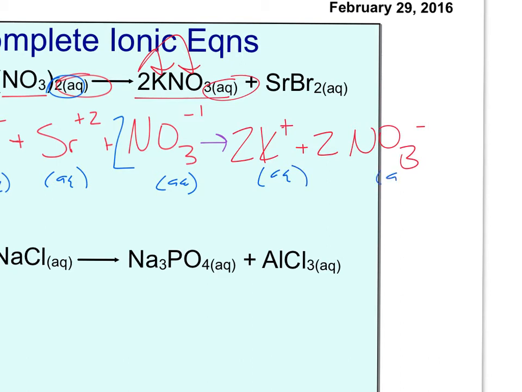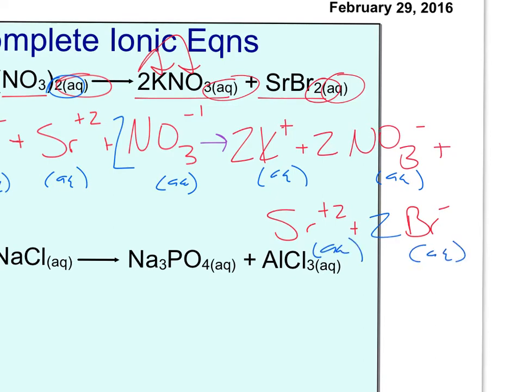Aqueous up there, aqueous down here. And then SrBr2 aqueous, I'm going to split it apart. So Sr+2, plus 2 bromine -1. 2 coefficient, moved it as a subscript, no longer bonded together,